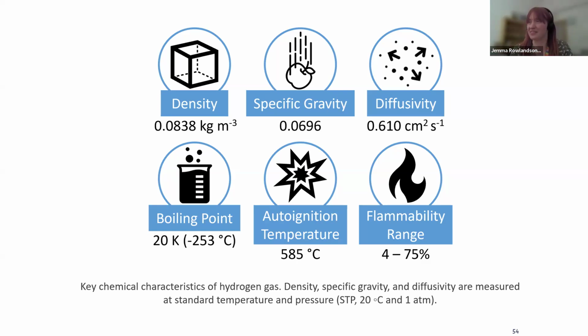So I feel like I've lost the question as I've been answering it there. So what was it again? No, that's fine. So how do we make sure hydrogen storage doesn't leak, it's safe, and what role does